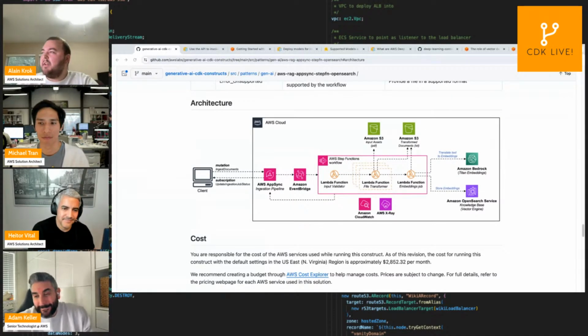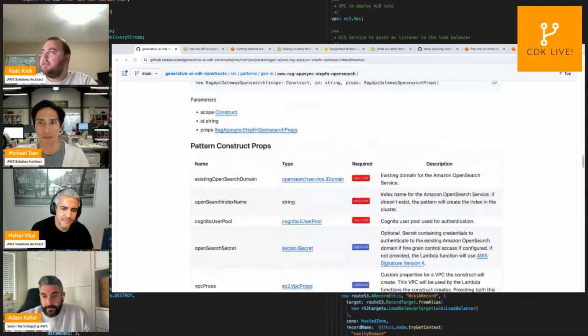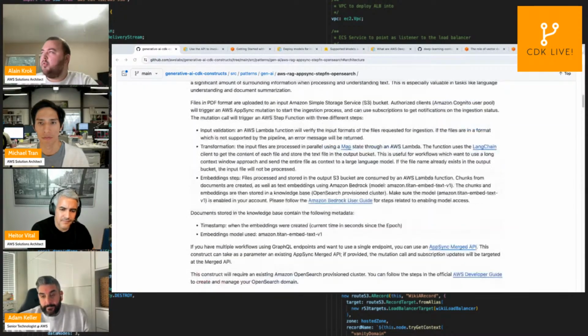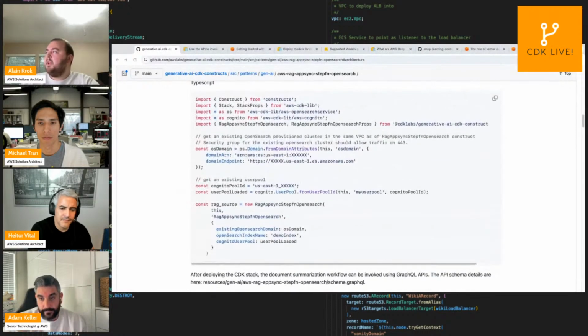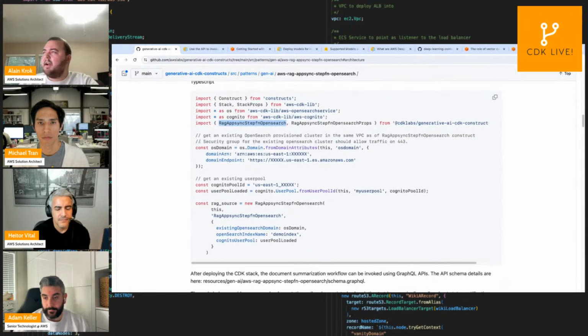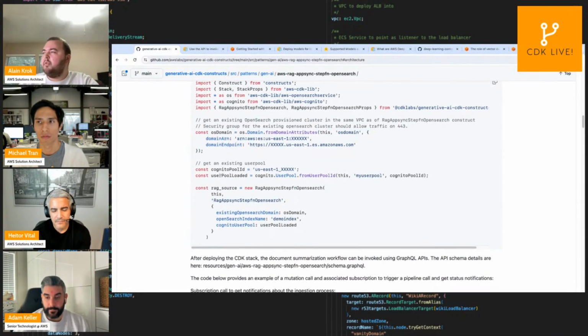Awesome. So now, how we can deploy this. If we go up, we have the specific code snippet here for TypeScript. As we installed the library, we just import this construct. And then as we mentioned, we ask you to provide an existing domain for OpenSearch and an existing Cognito user pool.